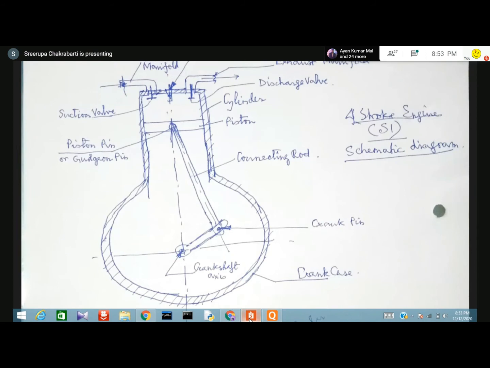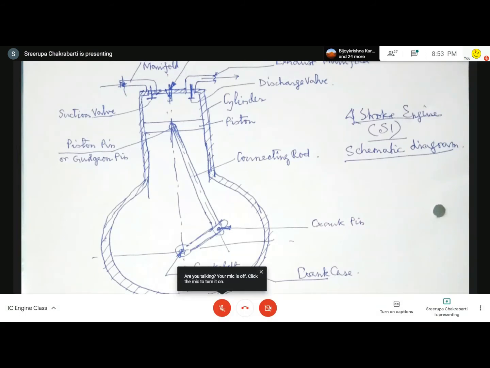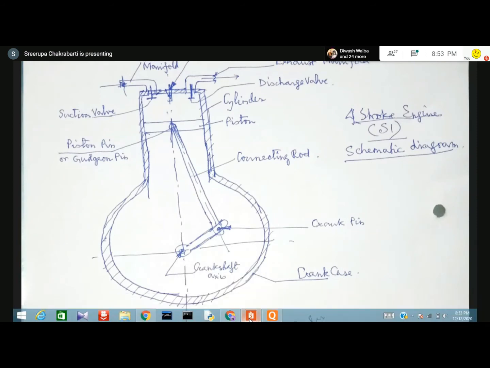Our objective is that we cannot right now show you the engine, so that's why I am trying to take the help of some diagrams, some words, because the internal combustion engine is such a thing that it is very difficult, if not impossible, to explain the nuances of the engine just in an online session. I can show you videography or anything, but even in spite of that, you will not be able to understand.